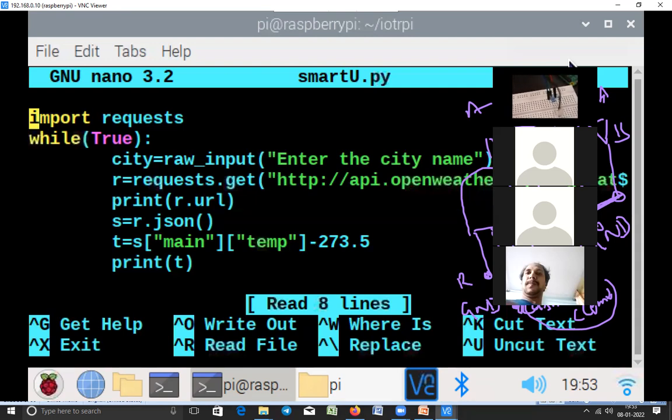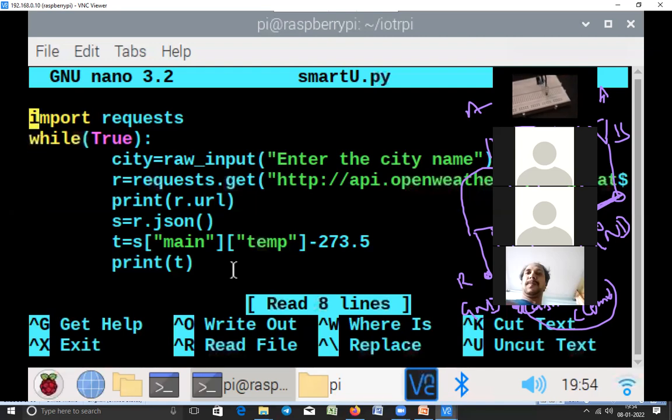So instead of connecting one single LED, now we have a total of 3 LEDs present in this particular RGB LED: red, green, and blue. Now we are going to control them. Like one LED, you can control 3 LEDs here as well. I'll be showing you how to control these 3 LEDs. First we will try to understand that code, and we'll come to this particular smart umbrella code. Otherwise we can write directly.